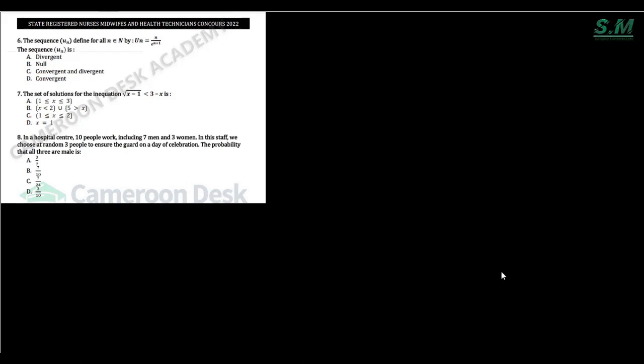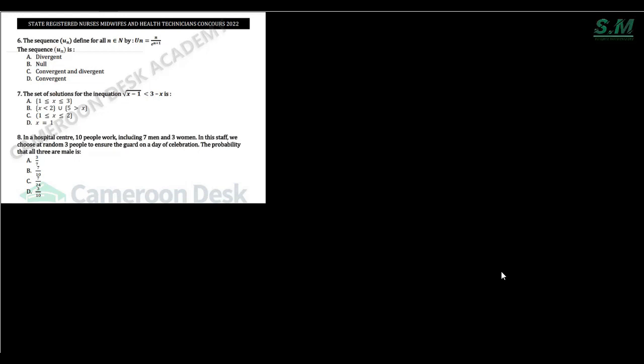Okay, so we proceed with the 8th question. They say, in a hospital center, 10 people work, including 7 men and 3 women. In this staff, we choose at random, take note, at random, 3 people to ensure the guard on the day of celebration. The probability that all the 3 are males is, so we have, these events are definitely independent events, and we see that if we are to pick 3 men out of 10, it's going to be without replacement. So we are going to let A be the event that we are going to